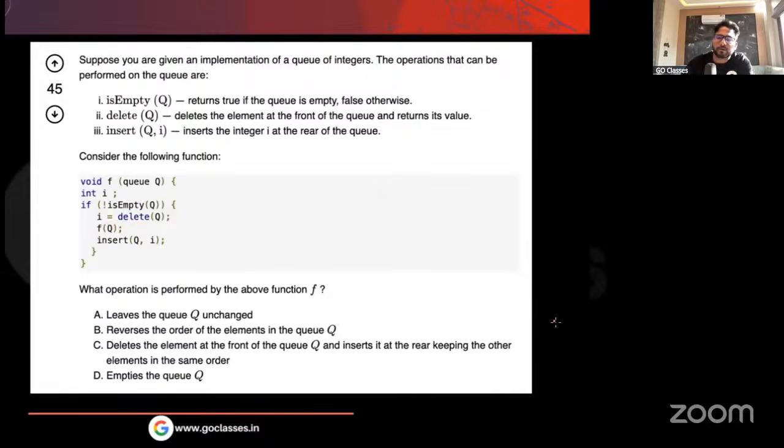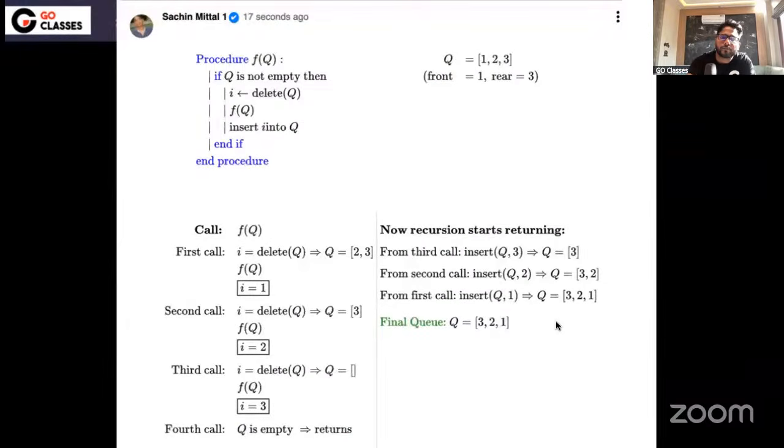Suppose you have 1 2 3, and this is the front. You will remove it, and I is 1. In this particular call I is 1, but after removing, Q is basically this, and then you make a recursive call.